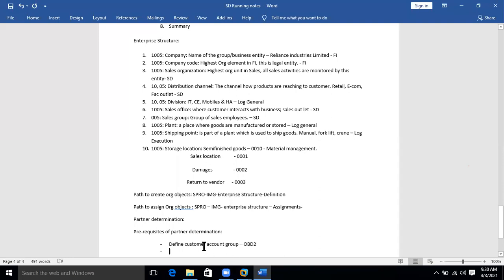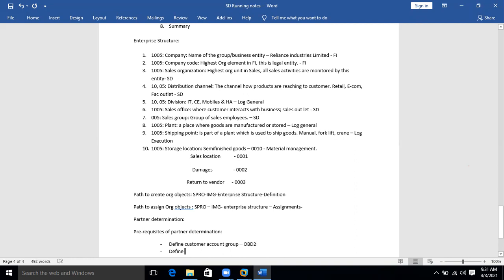Here I am saying customer account group. For a sales guy it is a customer number; for a finance guy that is an account. The customer number will become a customer account for finance, because all your values will be stored under this number. Let's talk about that later. We'll talk about prerequisites now. Define customer account group, first step.